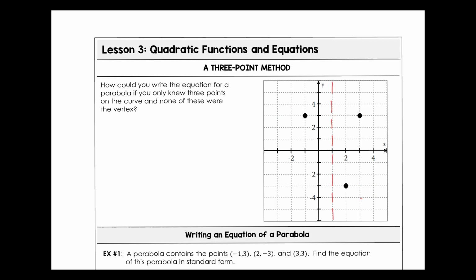Using that same kind of thinking, our point at (2, -3) is 1 unit away, so we also would have 1 point right there. So that way we know that the x equals h line is at 1, and we know that our c value is at -3, and I believe we could tell that our vertex must be at